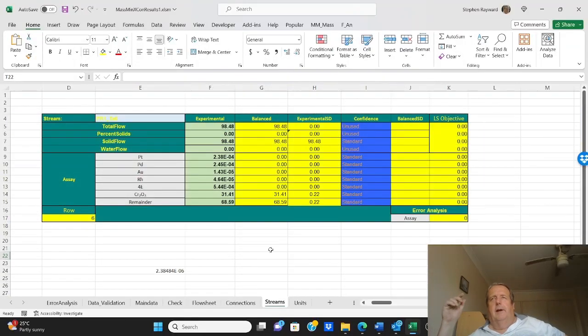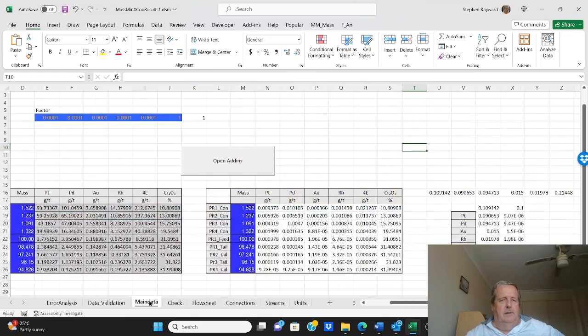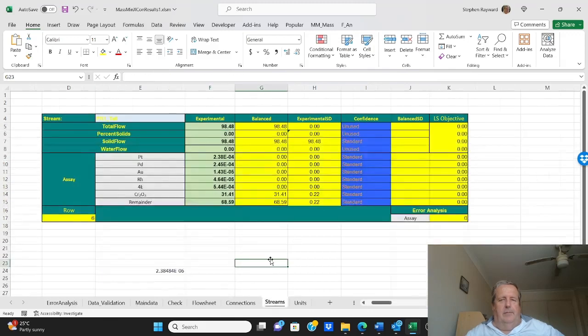So it's copied the data, it's created the tables, and in the template, I actually put a formula in so that it would get it from this original data. And we won't go through the maths here, but I set it up so that I wouldn't have to re-put the input in. And we now have the stream information,